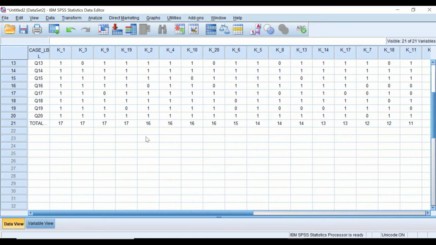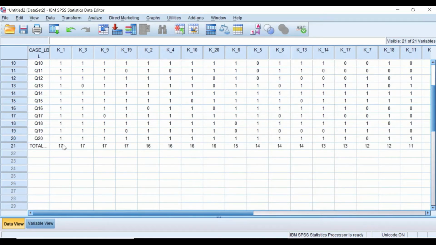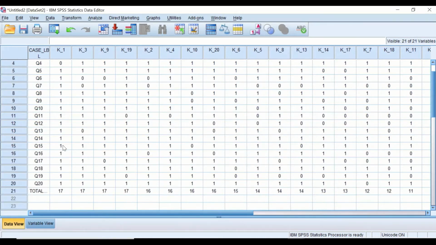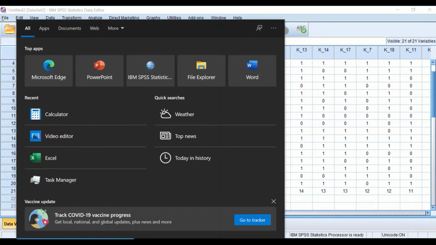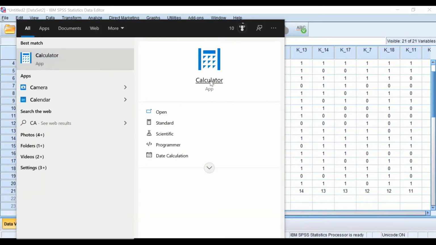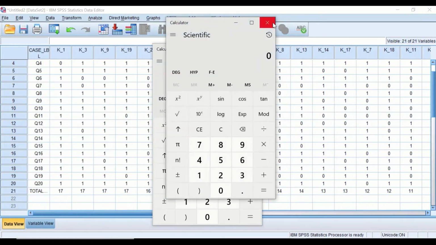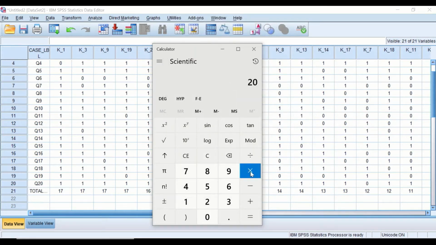And for the upper group, it should contain the top 27% of the student total scores, and the lower group the lowest 27% of the total score. Since we have 20 students, and we need to generate a group that has 27%,